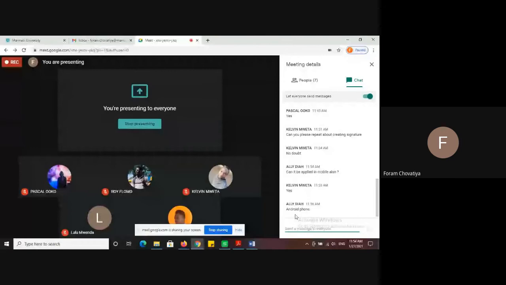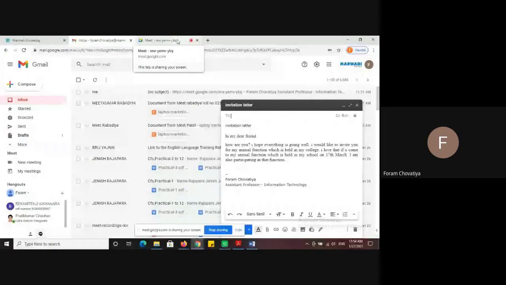Okay, so I will tell you roughly: if you are going to add a signature on your mobile phone, you have to open your Gmail. Then after, some options are available, and the settings option is also available. So click on the settings option. Then you have to choose whichever mail ID you want to create a signature for.